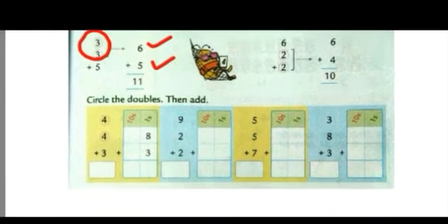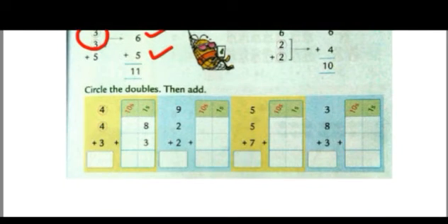So 3 plus 3 is 6. So we have written 6 here. Now what is the remaining number? 5. So 5 is also written here. Now you need to just add these 2 numbers and whatever the answer is, that will be your final answer. So 6 plus 5 is 11. Okay. Now we'll do some exercise related to this topic.